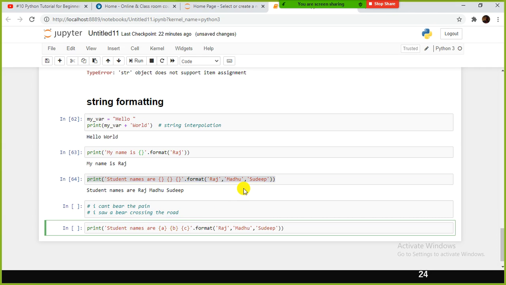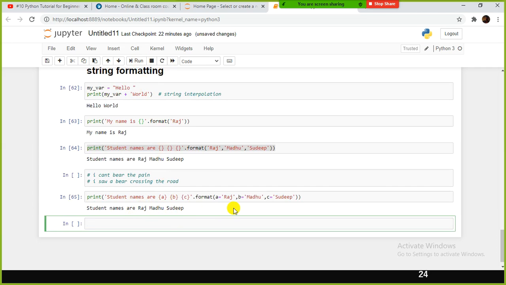We can pass the variables as an argument. A is equivalent to Raj, and B is equivalent to Madhu, and C is equivalent to Sudeep, right? So we can pass the variable also as an argument to this one. Okay, and this is the string formatting.